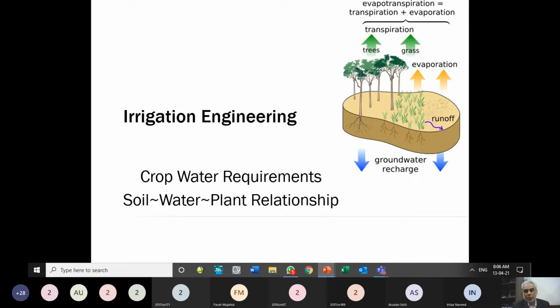Then different groups of methods were informed to you. Before that, factors affecting crop water requirement were informed to you. Then we grouped methods of estimation of crop water requirement, or consumptive use, or evapotranspiration requirement, calculation of evapotranspiration requirement or its measurement in the field. Those methods were grouped into three or four categories, and I think three methods were informed to you. One was based upon a physical experiment in the field, and the instrument which was used we call a lysimeter. Using the lysimeter, we can carry out assessment of